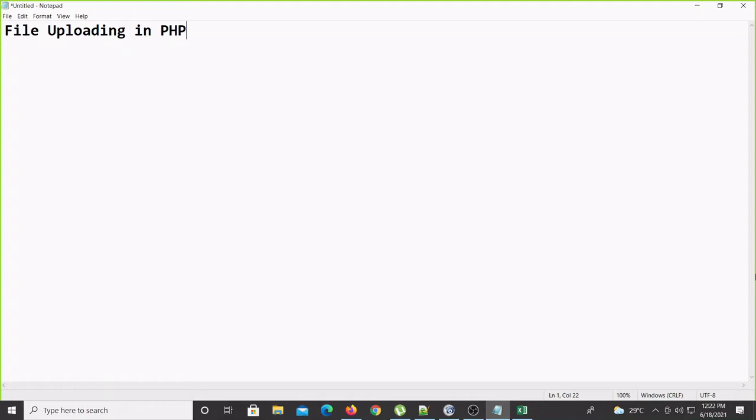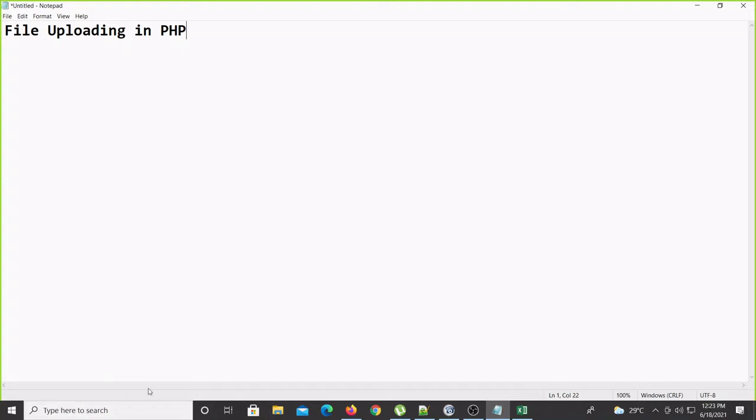Nobody can say we have unlimited storage, nothing like that. So whenever you are uploading a file, whenever you are doing this task, we have to check the size of the file also in PHP, before the uploading. Now you see, I will do a small program where you can see all of these functions and steps in PHP. I'll create one form, and from that form I will browse the file, and that file I'll upload, and it will be available in one of my folders.